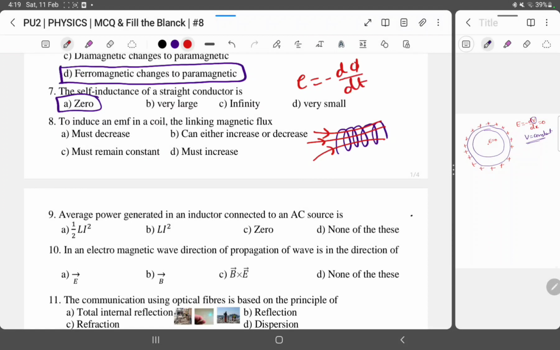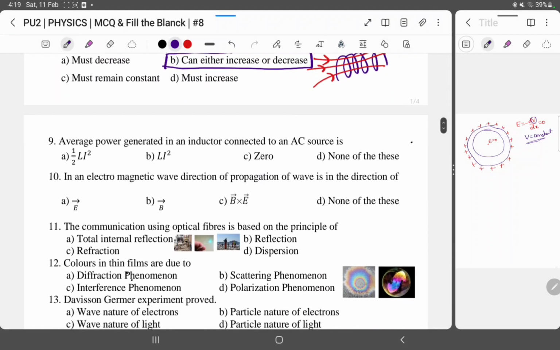So option B, can either increase or decrease, is the correct answer for this particular case. Next, the average power generated in an inductor, this comes in AC circuit, AC alternating current chapter. Okay, so average power generated in an inductor connected to AC source is 0. So in case of